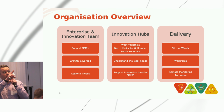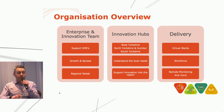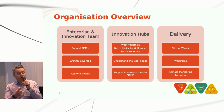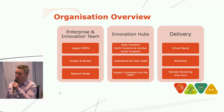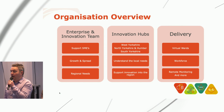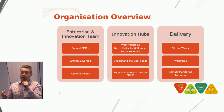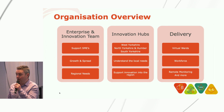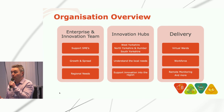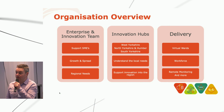We're able to do that because we've got connections into the wider team within the Health Innovation Network. So we have a delivery team who are working on projects with the NHS in Yorkshire. So, for example, the virtual wards team, workforce and remote monitoring. So they're working on projects on the ground with staff in the NHS. And that might be at a trust level or Health Education England level, and we're then able to utilise their networks into the healthcare system to get understanding of what the priorities are, what the needs are within the system, and then able to communicate that out to innovators as well, so they can better understand how to approach the